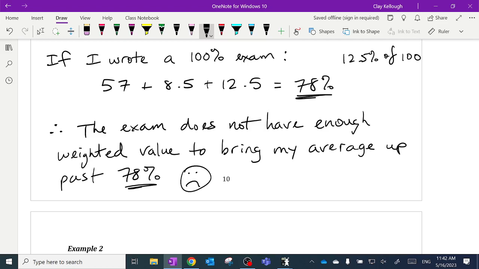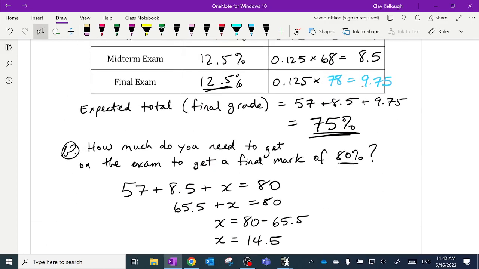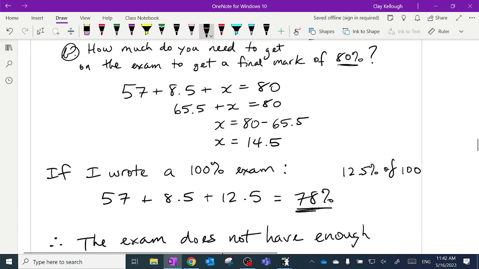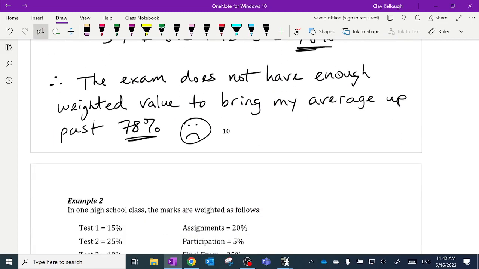But anyway, lots of interesting conversations can happen from this kind of logic. I'd feel bad for a student coming to me saying, hey, I need to get an 80 or I can't get entry into this program I want to enter into. So what do I need in the exam? And then you have to tell them, hey, look at the math. If you got a perfect exam, you wouldn't beat 78. Those kinds of things happen. So don't approach a course thinking, I won't try very hard at the beginning and then I'll just ace the exam. Sometimes there aren't enough marks in the exam to help you out.